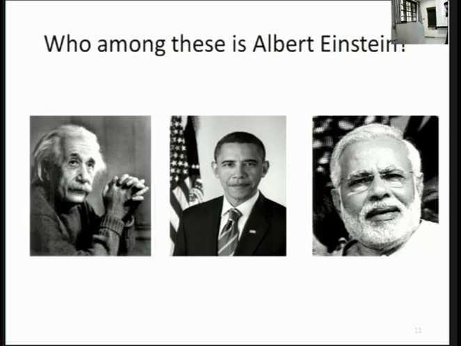So the idea is, how could a computer answer it? This is where AI comes in. We should always ask how the computer could do it, not how we can do it. So why is it so hard? You can see the hair and the mustache. It's so easy. It's Einstein, downright.